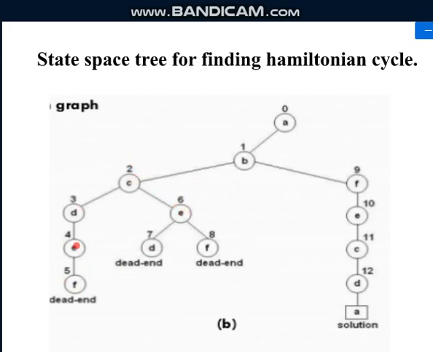So from E you couldn't find a path, from D you couldn't find a path, so you came back to C and tried to choose a different path. Then next you reach D, so again you found a dead end, so go back and try to find a different path. Again you reach a dead end, so go back to the previous node and try to find a different path. Okay, so this is how backtracking is applicable in this Hamiltonian cycle problem.